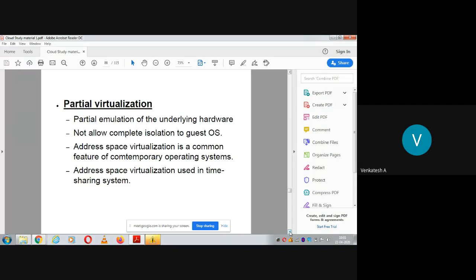So that is the drawback. Therefore, you should always try for full virtualization. That is better, so you can provide better security by isolating all your applications. That is especially important when you are dealing with multiple guest operating systems and multiple applications.